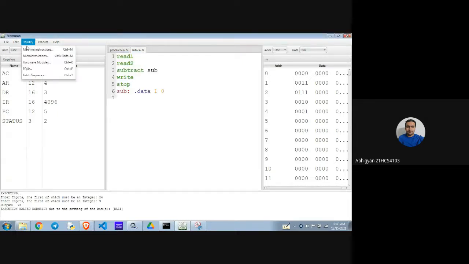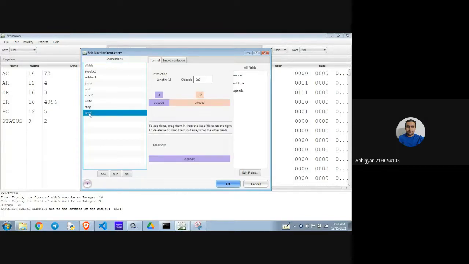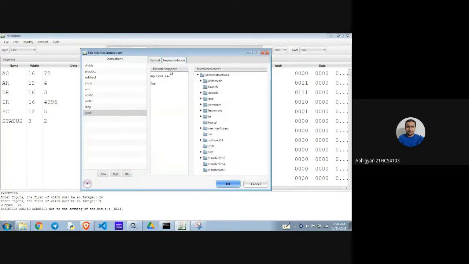After this, I have defined some machine instructions like divide, product, subtract, add, and the input statements read 1 and read 2, as well as write and stop. So read 1 will take the first input from the user, which I have defined in this execute sequence: input integer 1 to the address register, to the accumulator, and the second input will take the input and send it to the data register.